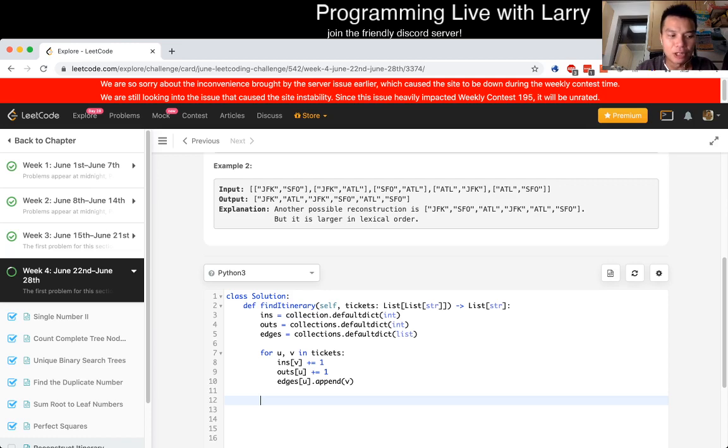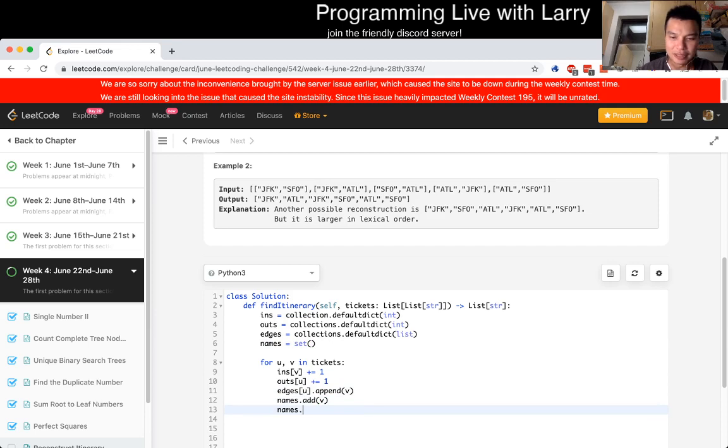So one thing to note from this is that we can go through all the keys in edges. No. I think we just have to keep track of all the names that we saw. Is it insert or add?